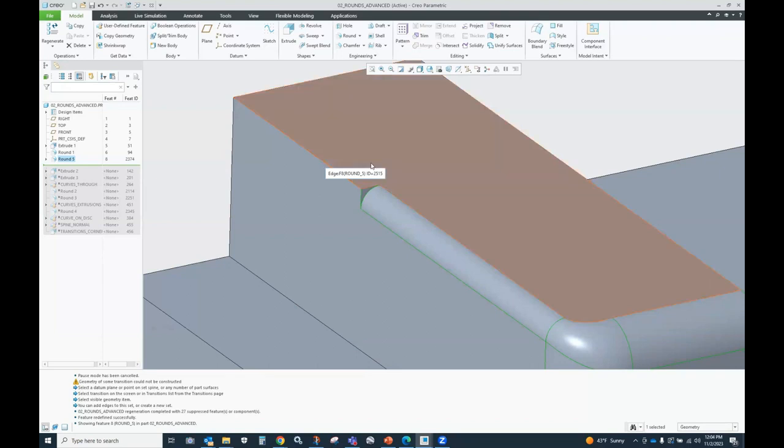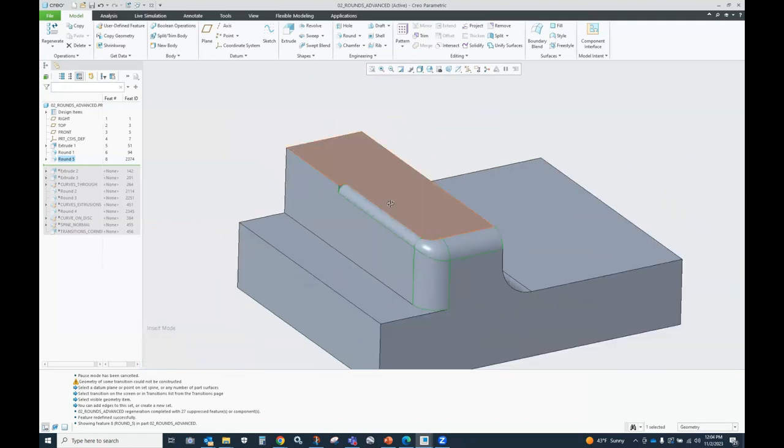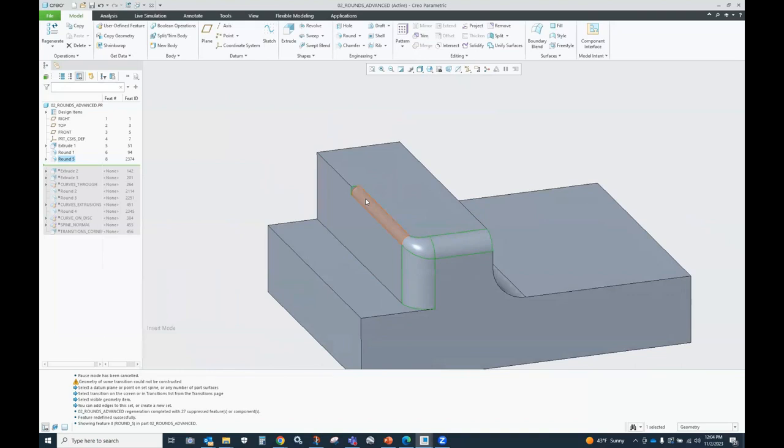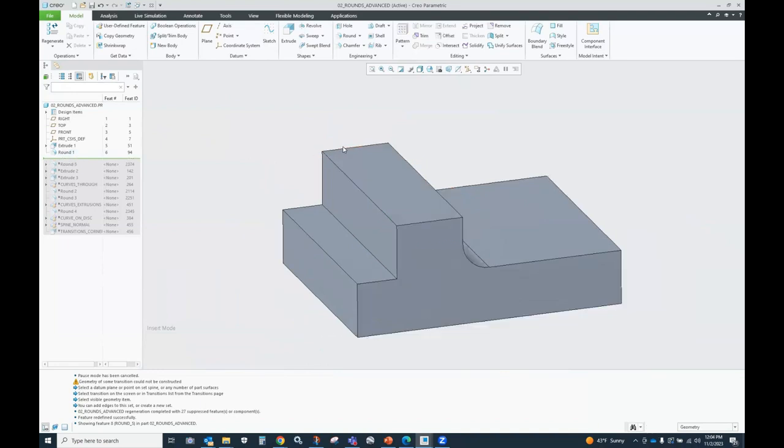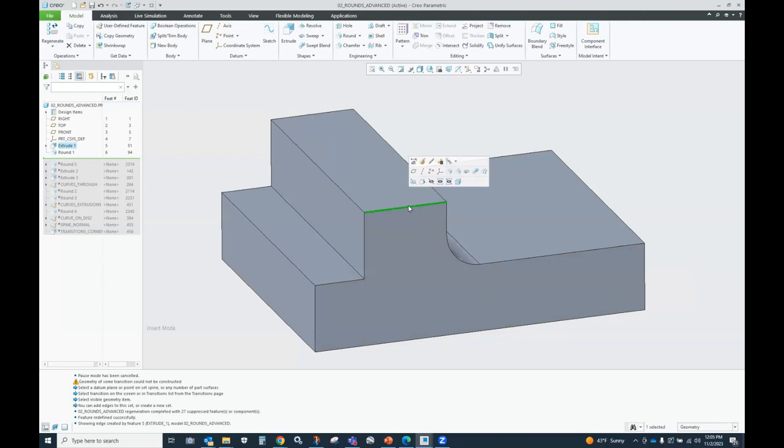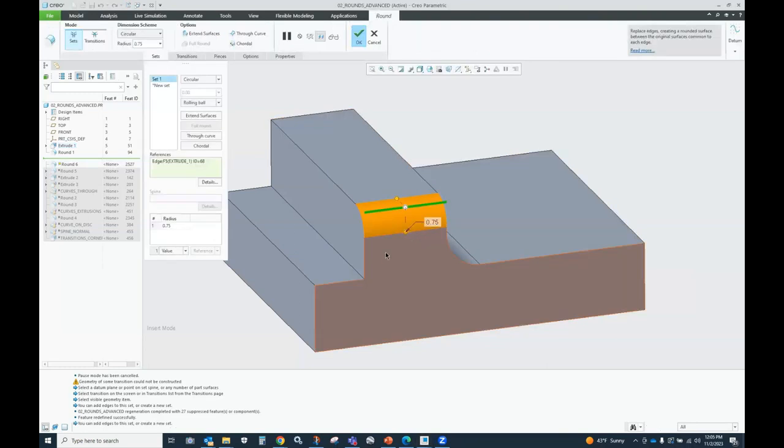It doesn't really matter that that's a straight edge or a curved edge or whatever the case may be. It just cares about the ID. If it finds the ID, it'll try to create the round. Now, another case for transitions is on this edge, if I create a round, and I want you to